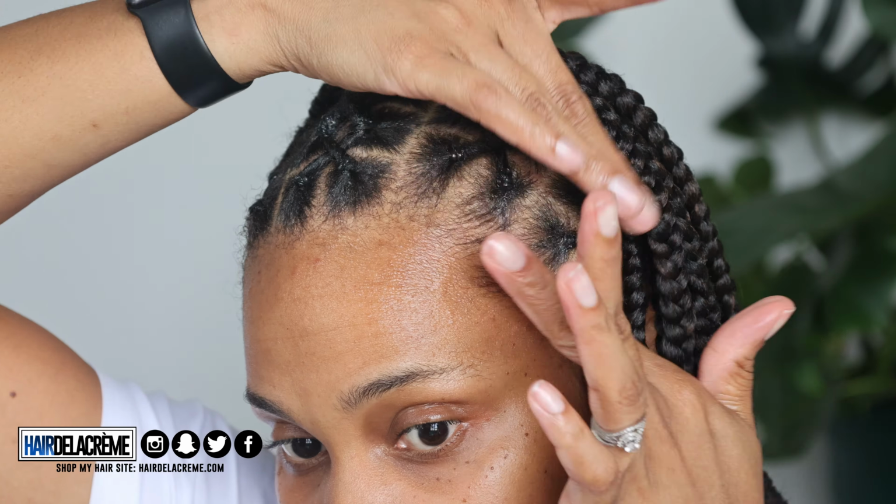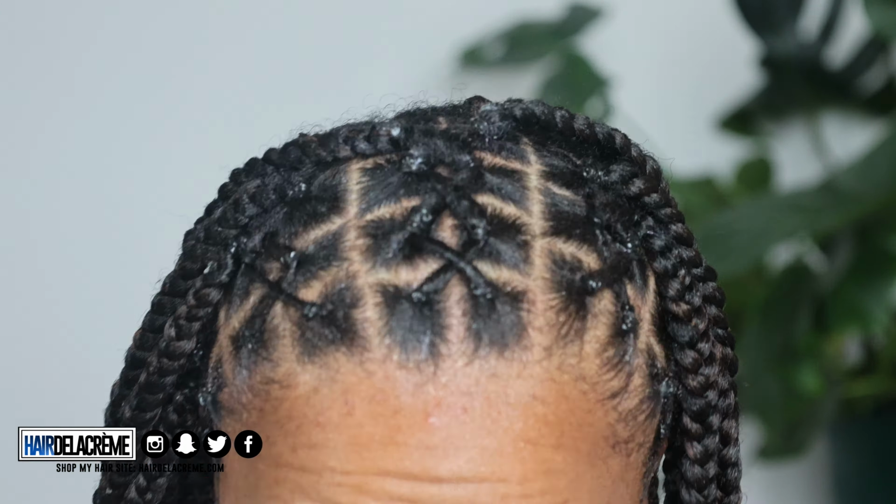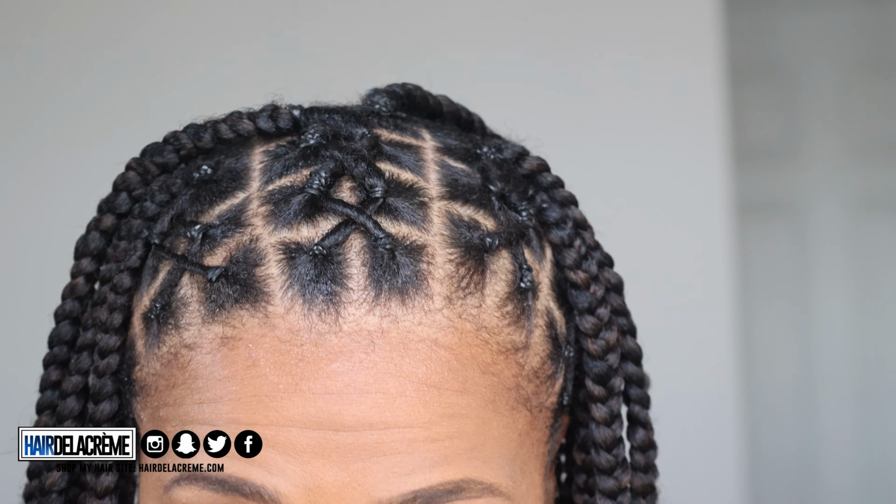And I'm just going to add some of that shine and jam to my edges. I personally don't like doing baby hairs because I don't think I have baby hairs, so I'm just slicking it in. And here's the final look, guys. I don't know the official name of this, so I'm just going to call it rubber band tribal braids